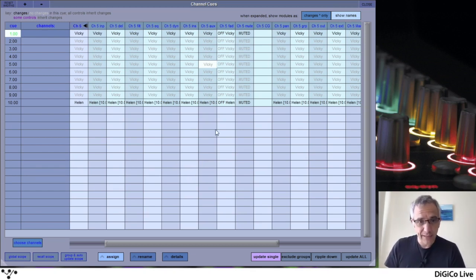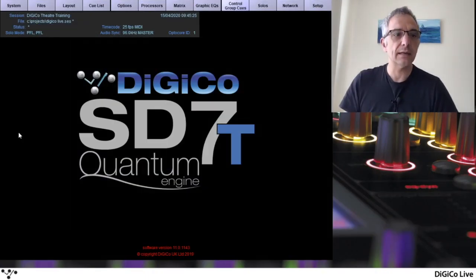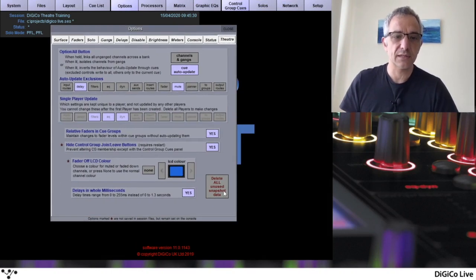We can still get it back. If we come to all channels, instead of the channel settings, we can look at the unused data, and here it is for the aux settings, the aux send for the change you made using optional. Until you've been in and deleted, if we go back to the master screen, and if you recall in the options theatre, there was this delete all unused. Until you've done that,